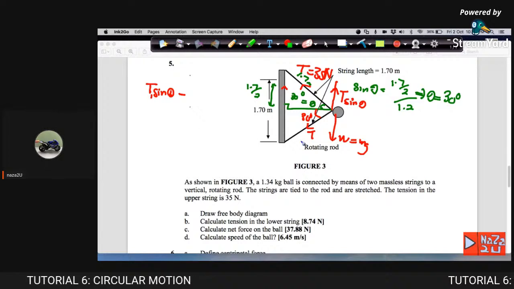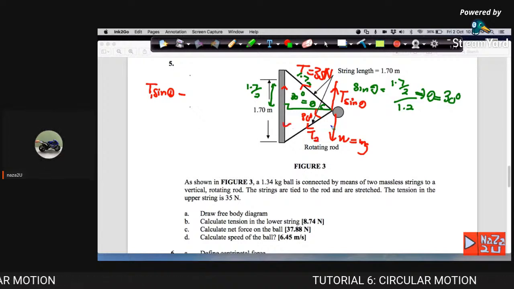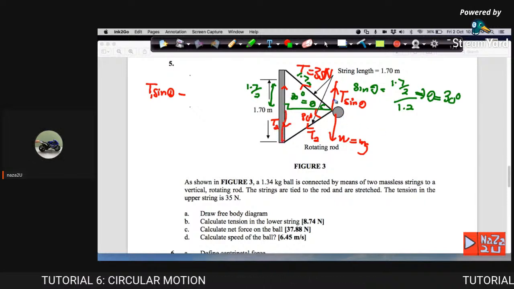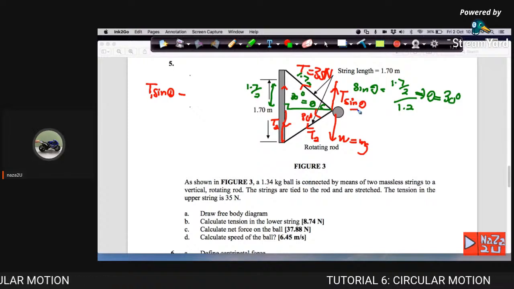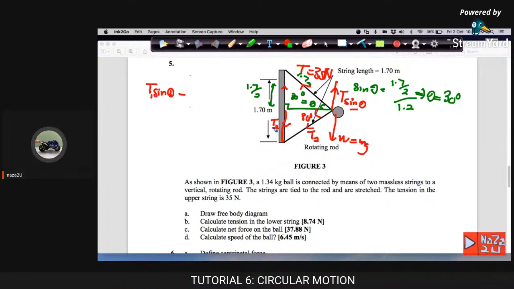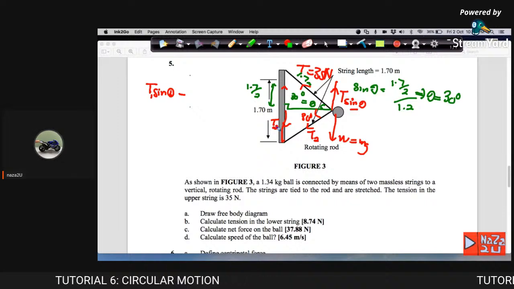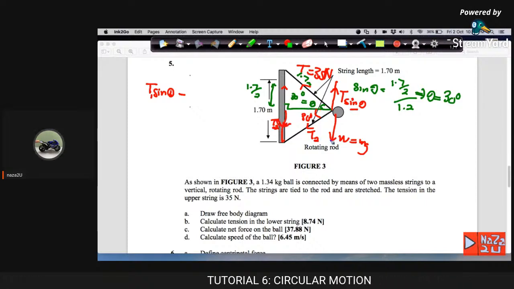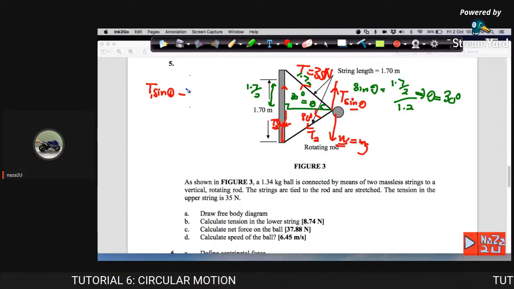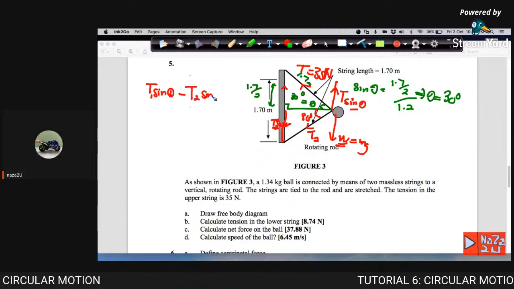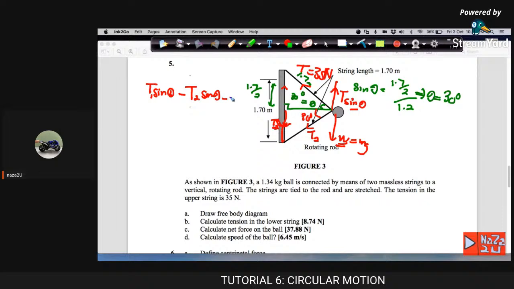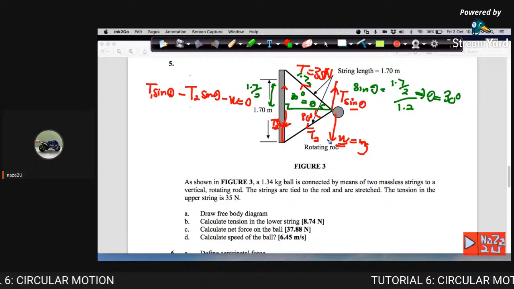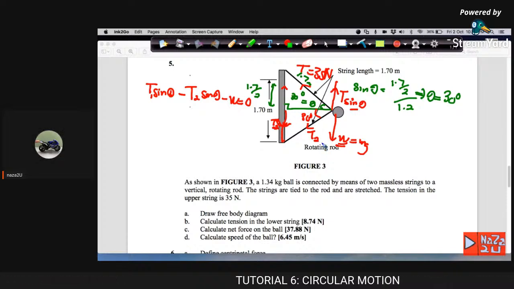This is for the T1. And this is T2. So resolve to the T here. This is T2, direction downward, the same direction as the weight force. So here we have an upward force, T1 sin theta, and a downward force we have two, T2 sin theta, which is also in the same direction as the weight force. So T1 sin theta minus T2 sin theta minus weight force is equal to 0, because it is not moving upward or downward. Right? So now